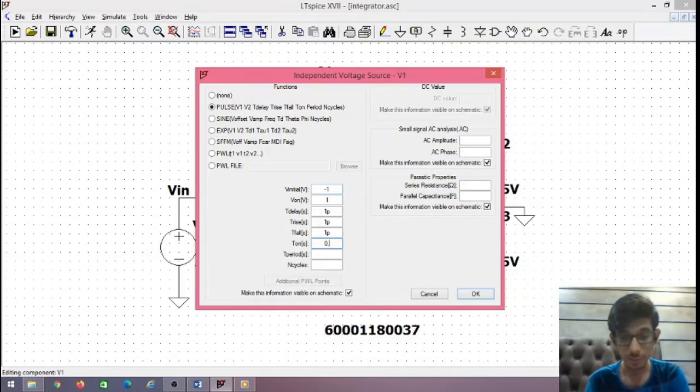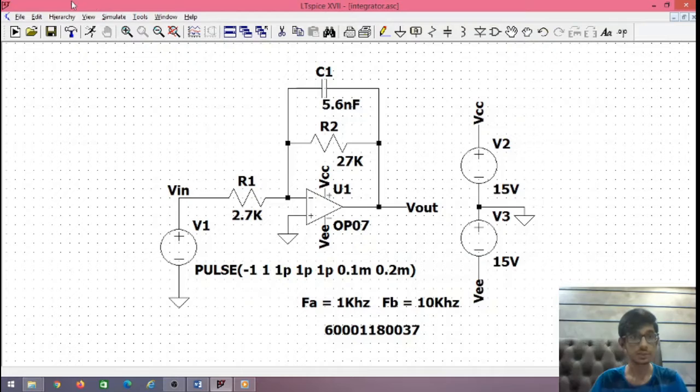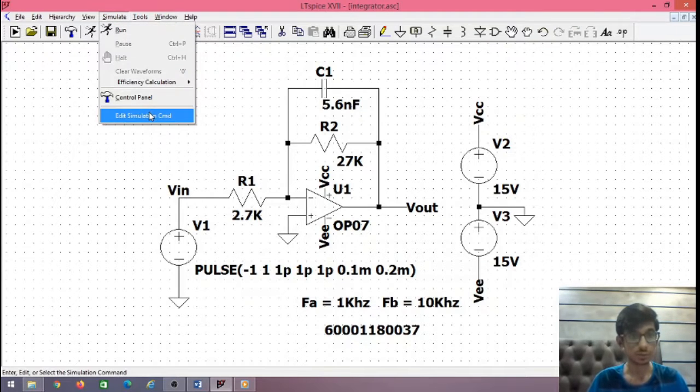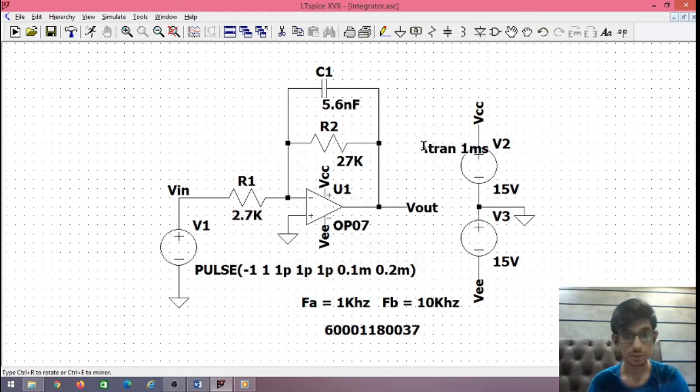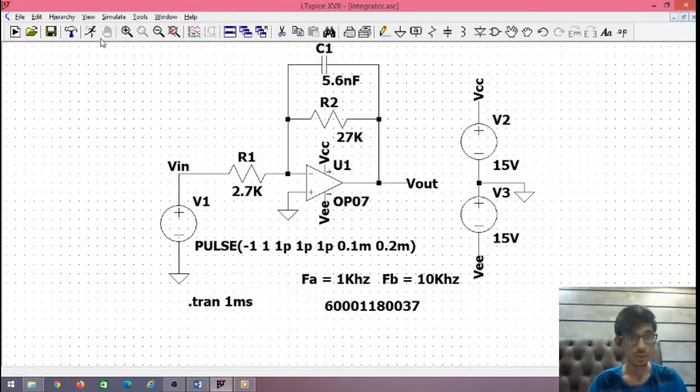T on we'll keep 0.1 m, as the time period we are going to take is 0.2 m. So let's select this. Now in simulate, edit simulation, transient, stop time 1 ms, I think. Now let's run it.